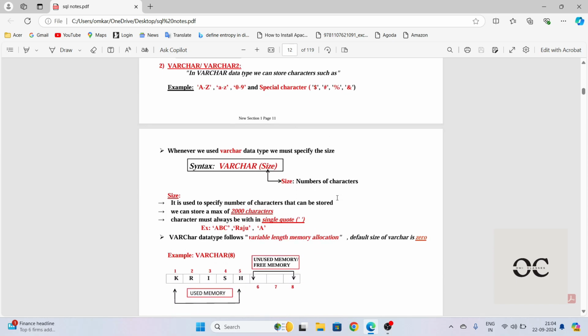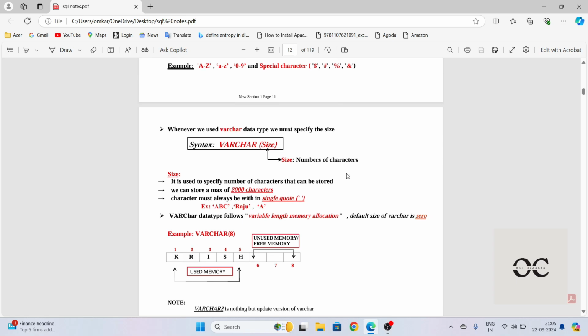Next comes varchar or varchar2. Varchar is a data type where we can store characters such as the same, but in varchar, it is a type of